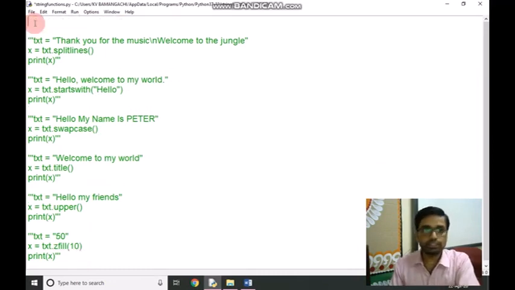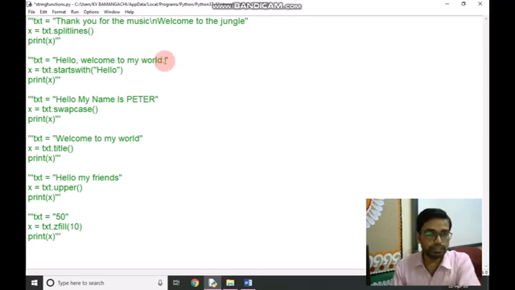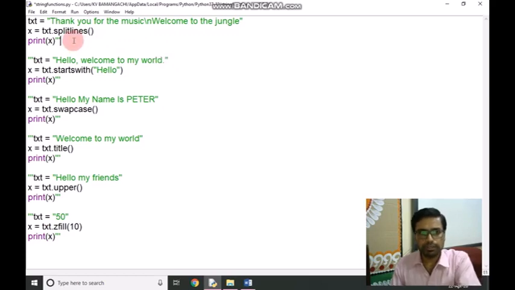Next function is splitlines. The splitlines function splits the string at the line breaks and returns a list. You will see here we have given a string "thank you for the music \n welcome to the jungle".